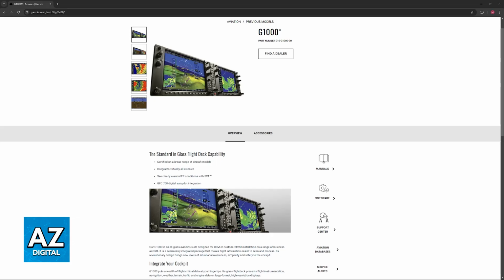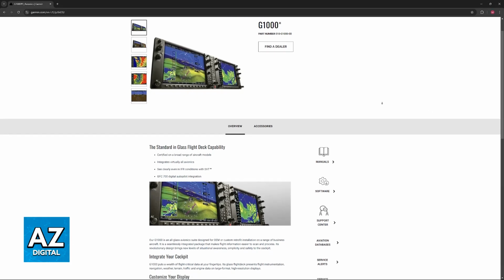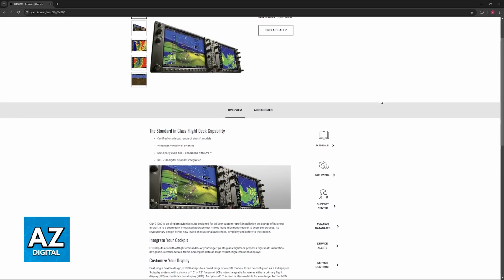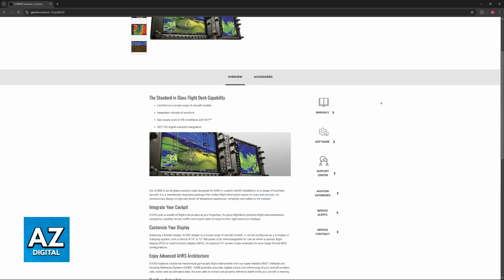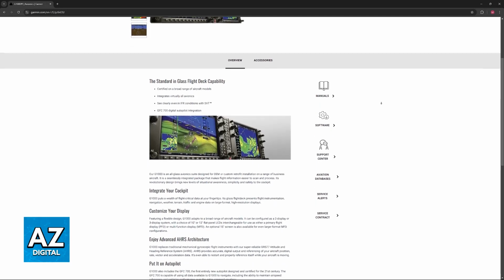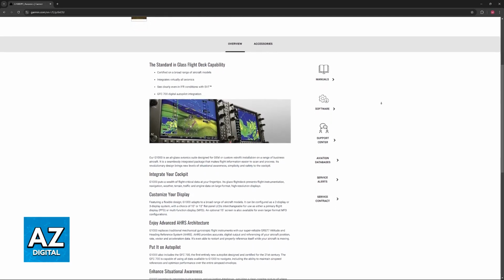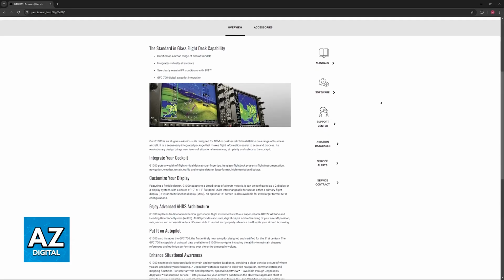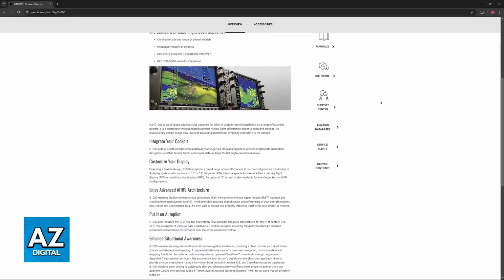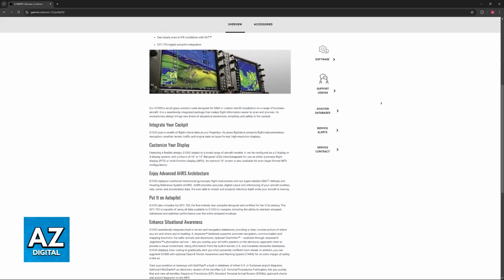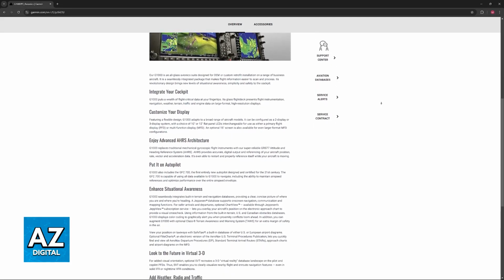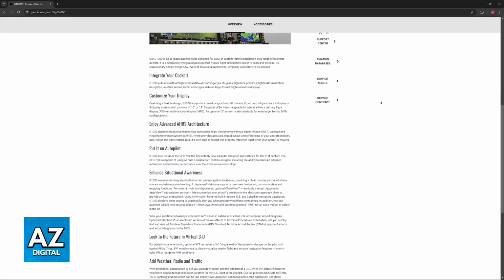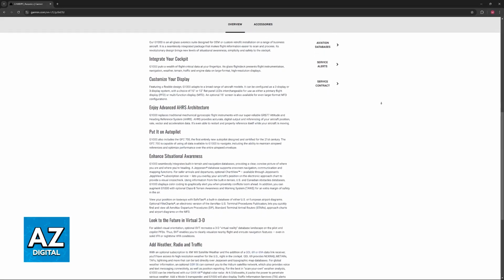So there are two key components of the G1000. First is the primary flight display. This displays critical flight information like airspeed, altitude, and heading. You will be able to get alerts and warnings as a pilot and it offers synthetic vision technology for enhanced situational awareness. It also has a multifunction display, a customizable display for various information, including maps, charts, weather, and system status. It is used for navigation, communication, and system monitoring.